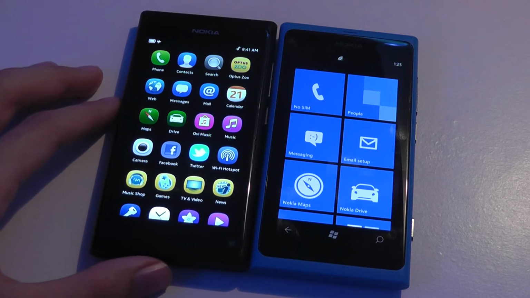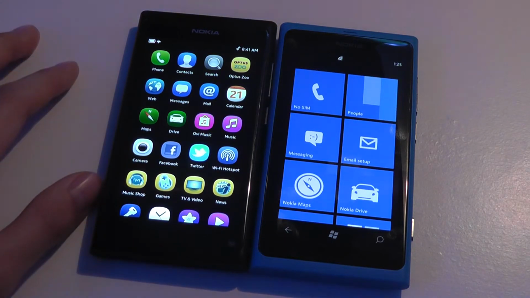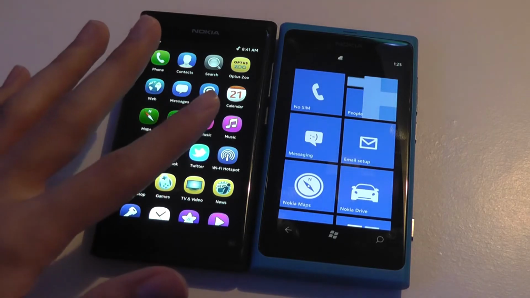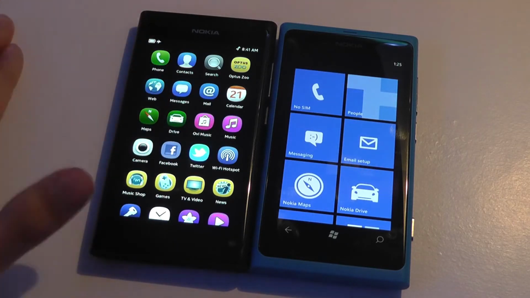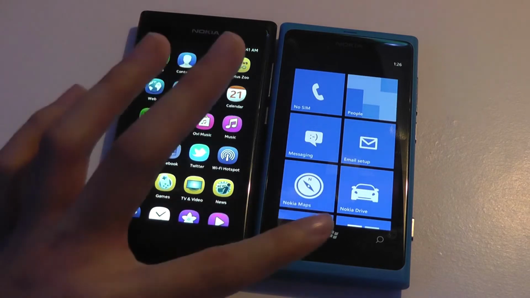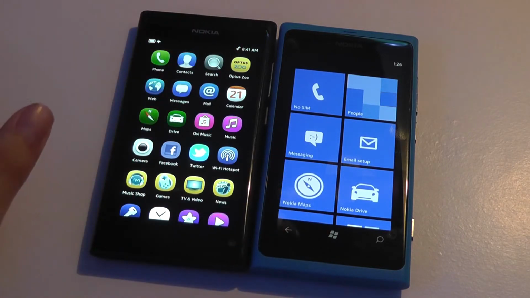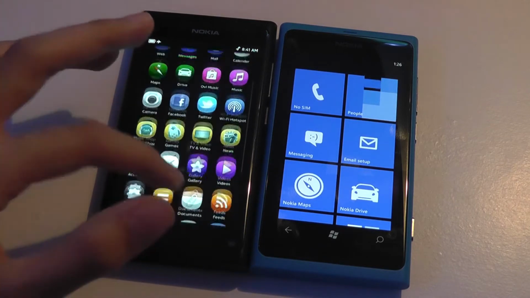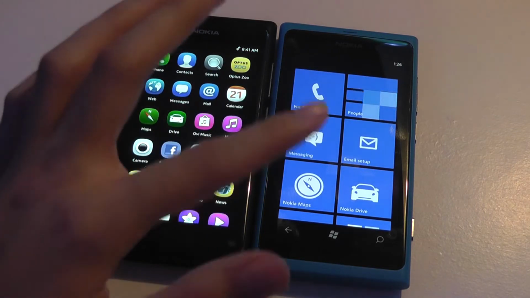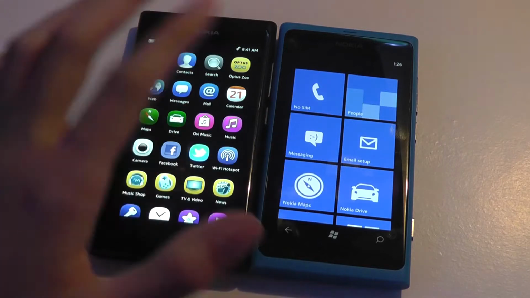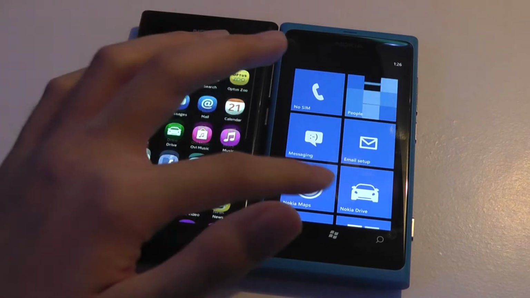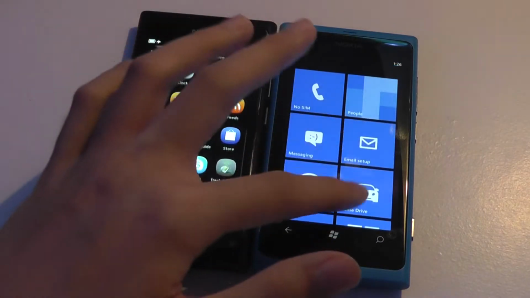Otherwise, again, we have access to the same type of display. Both are using AMOLED, both have the same 800 by 480 resolution, and both have 16 gigabytes of built-in flash storage. The N9 has a 1 gigahertz processor, the 800 has a 1.4 gigahertz processor, so slight differences there. Both are single core, however, and the 800 has 512 megabytes of RAM, whereas the N9 has 1 gigabyte. So again, a minor difference there, but both are fairly fluid and responsive from the UI